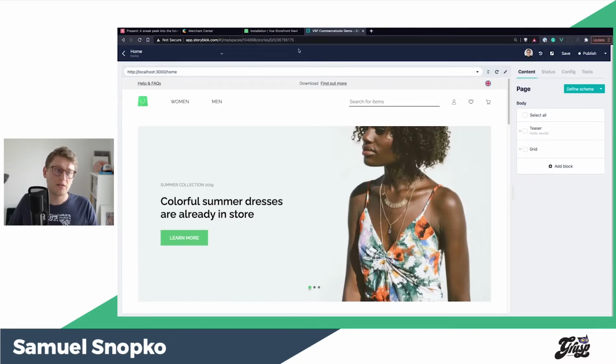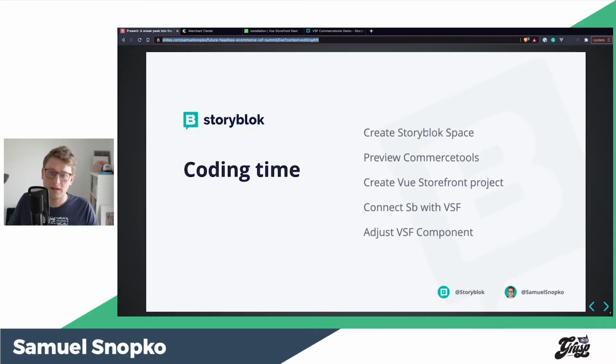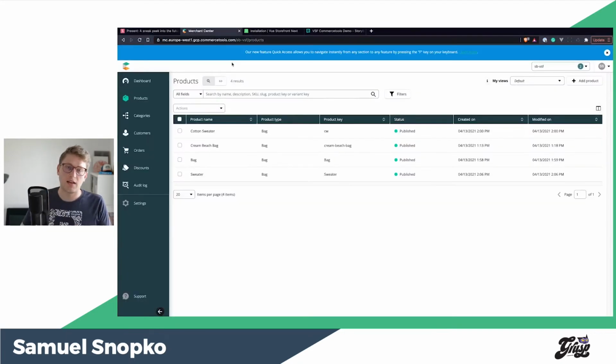Okay, that was a Vue Storefront. So I covered the Vue Storefront, as I said. We created a Storyblok space very quickly to show you what the experience is, and then we should preview the commerce tool. So what I have in the commerce tool is